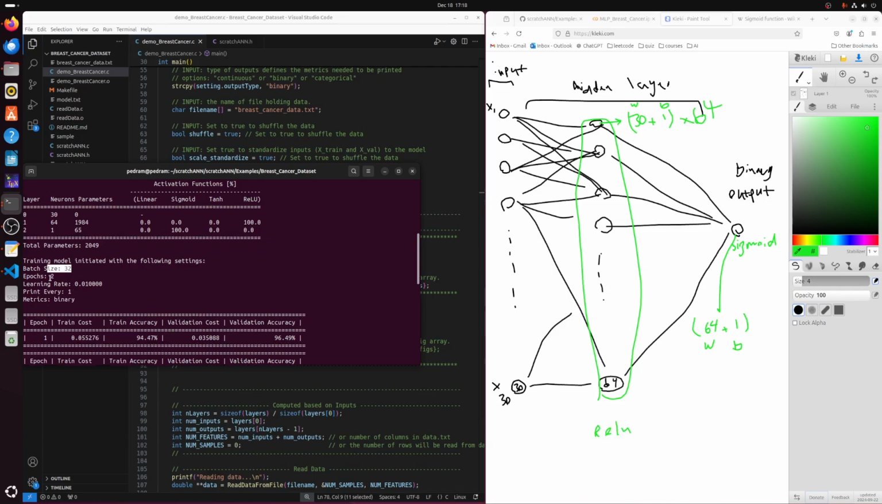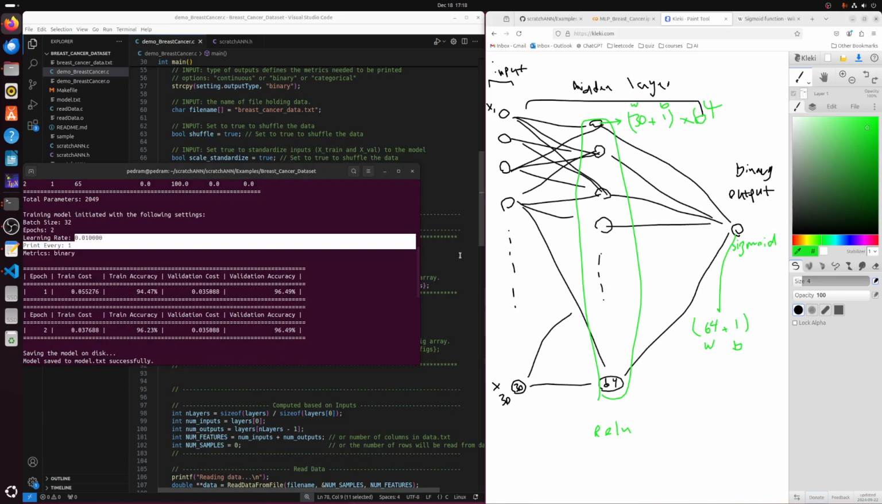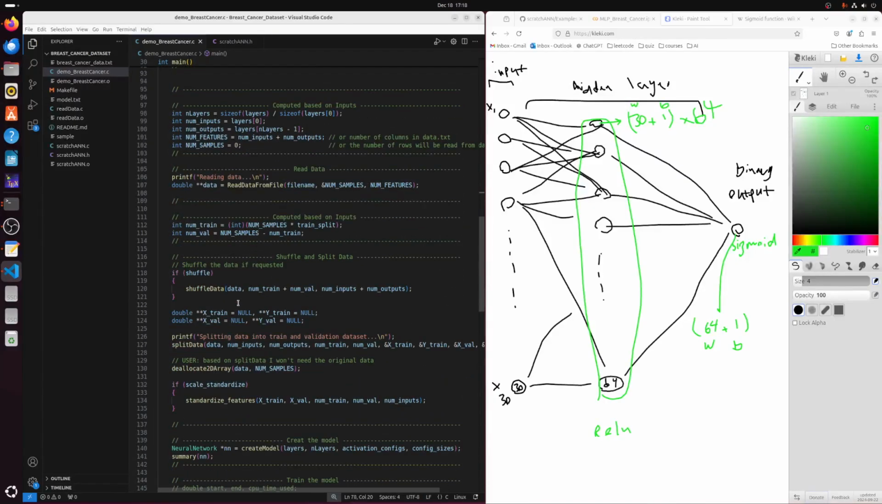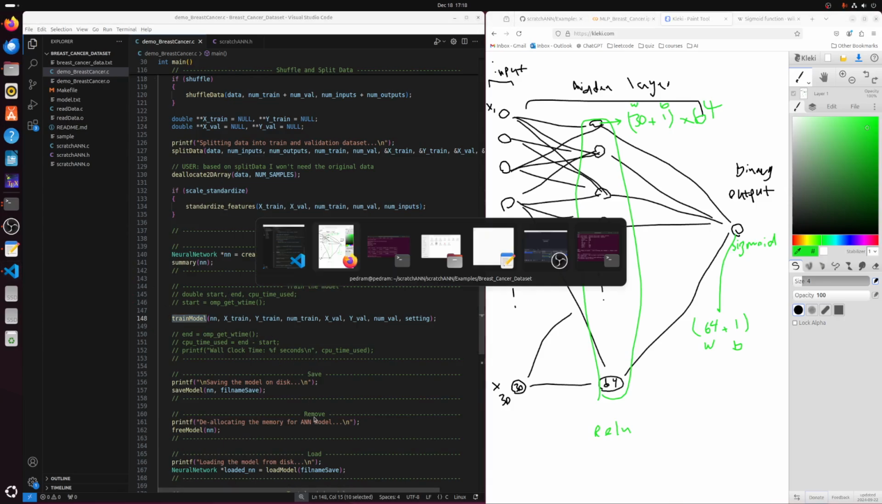The batch size is 32. The number of epochs is 2. This is the learning rate. So as soon as I call this train, it's going to start. It's going to show me a bunch of